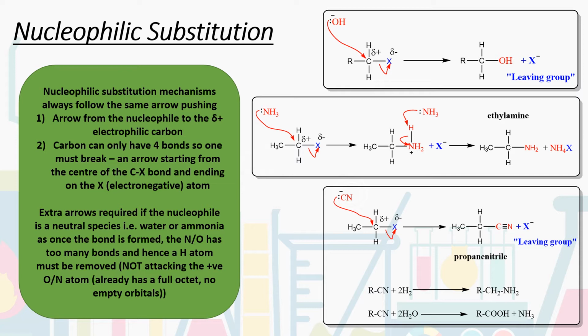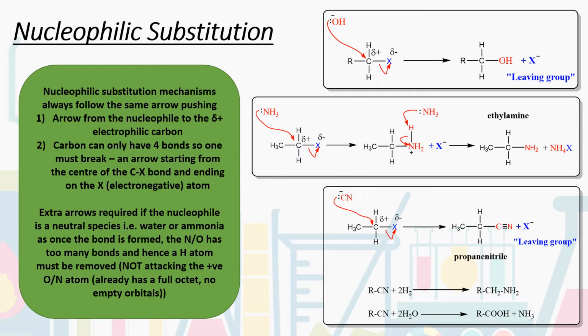And so our arrow goes from our nucleophilic part, the hydroxide anion, to the delta positive electrophilic carbon. Then, as we said, always watch out for carbons that have 5 bonds. So we have to break one of the existing bonds to make sure we only have 4 bonds to our carbon. The one that we break is that C-X bond, and so we have that familiar arrow starting in between the C-X bond, starting from our sigma bond where our electron density is, and ending up on the X atom, the electronegative atom, that because it's electronegative, it's happy to accept those electrons and have that negative